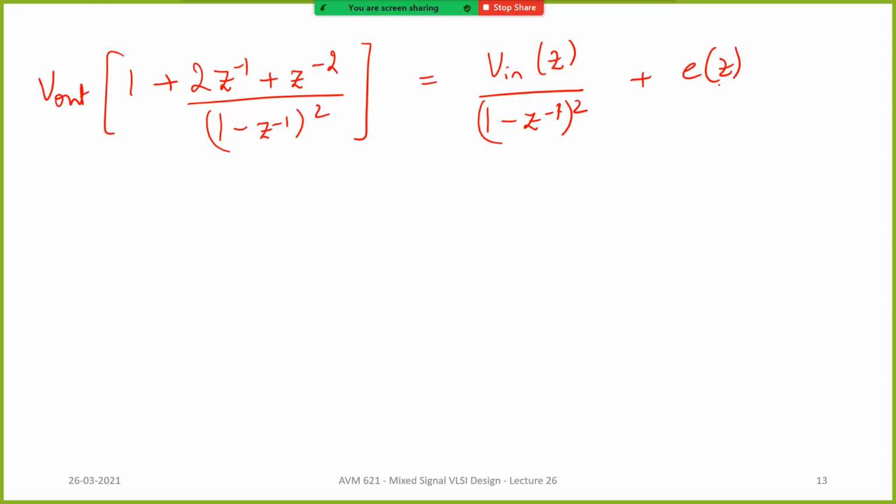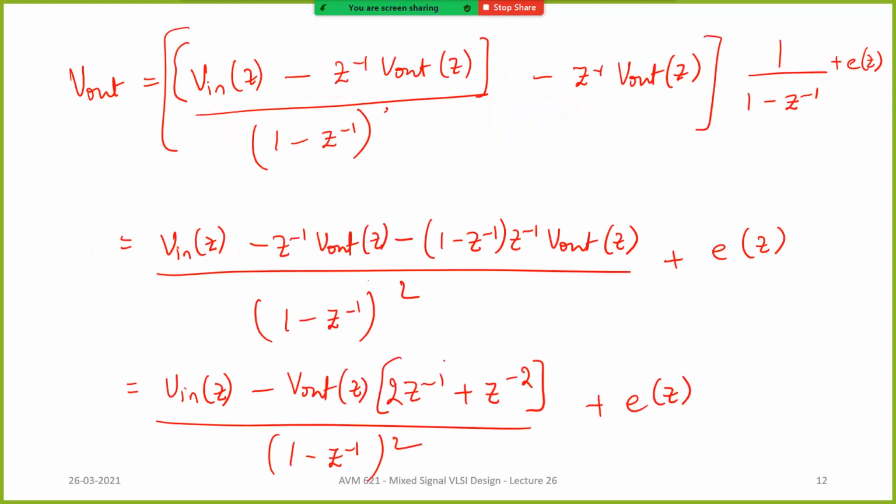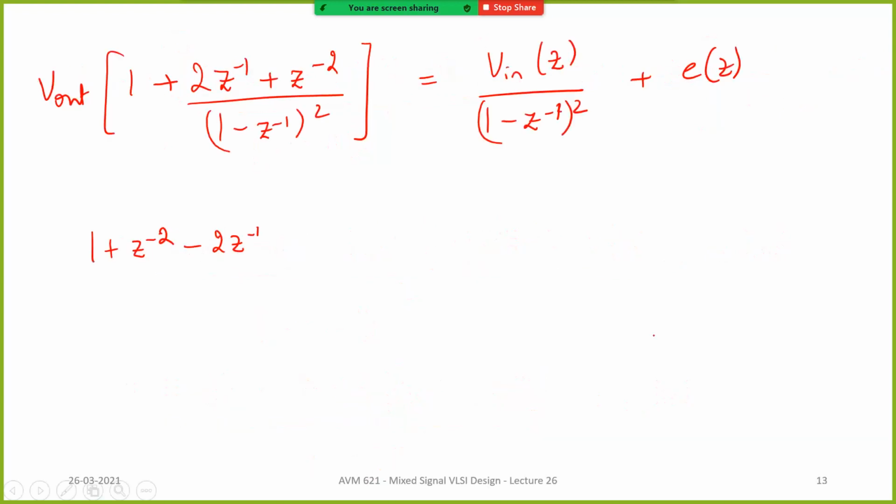Okay, so what we will do is solve this. What will you get? This is 1 minus Z inverse the whole power 2. So you'll have 1 plus Z power minus 2 minus 2 Z inverse. This is minus, right? Because we have taken the minus sign inside. So this will be minus, plus 2 times Z inverse minus Z to the power minus 2. So all the Z terms are going to get cancelled out in the numerator, right?